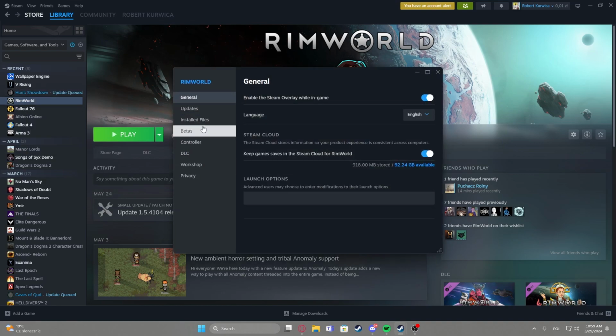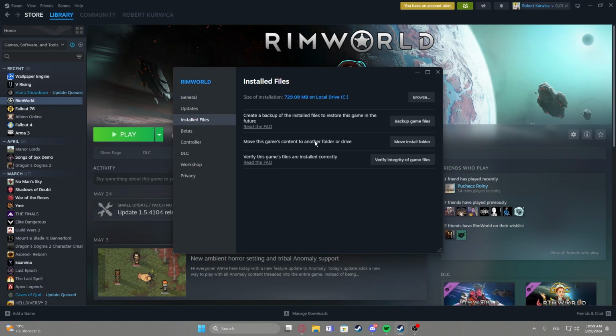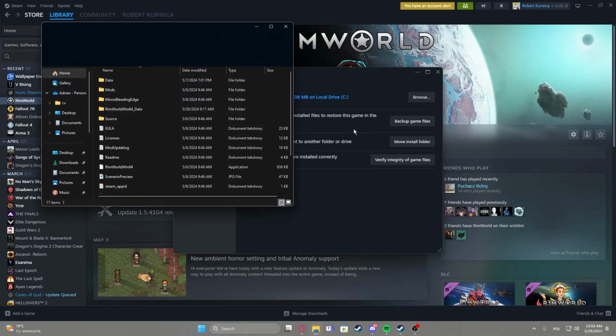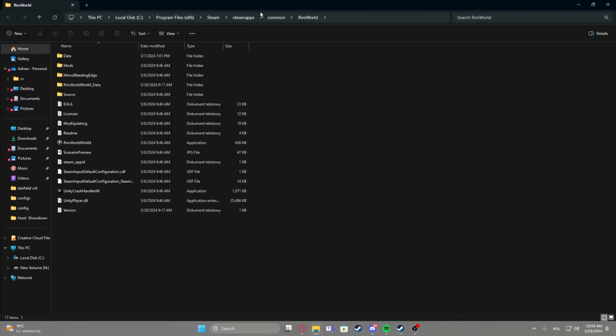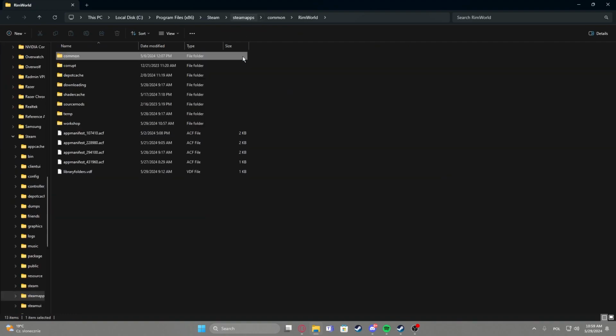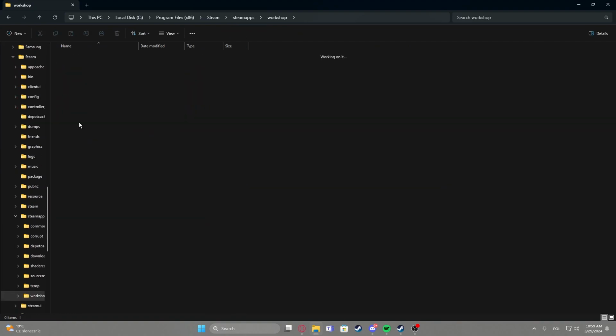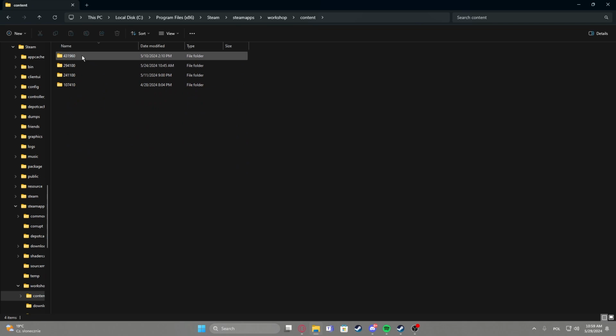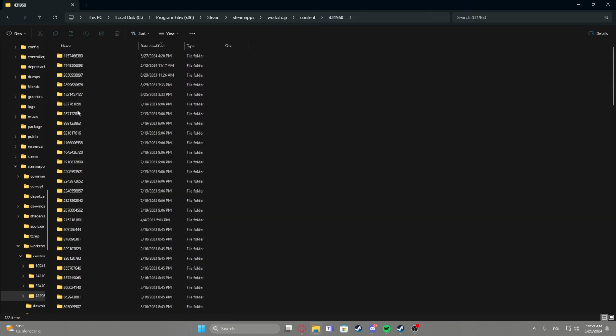I have some mods installed, so we're gonna right click, go to the settings, navigate to installed files and click on browse. Then your folder should pop up and we can move to the Steam apps and here find the workshop, content, and here there's a few folders with the numbers and you can click on each of them to